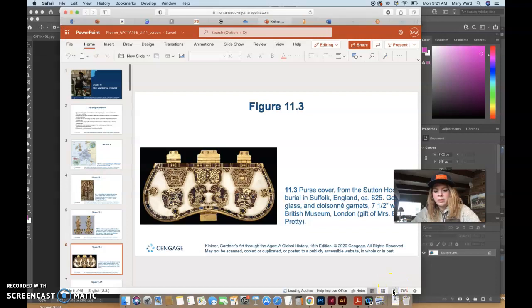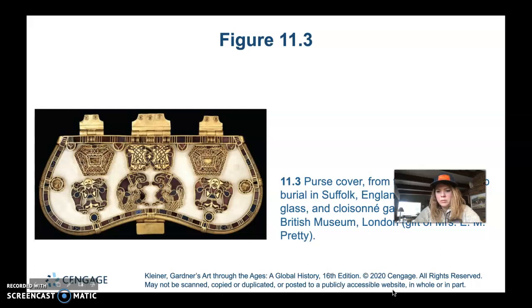So we're going to continue to talk about this Sutton Hoo ship burial purse cover from Suffolk, England, 625. We're going to talk about the decoration on it. It basically has 4 groups of figures in the lower row here that are mostly symmetrical. If we cut this in half, it's a symmetrical design. But the lower row basically consists of men here, and they are standing in between these 2 animal figures, which